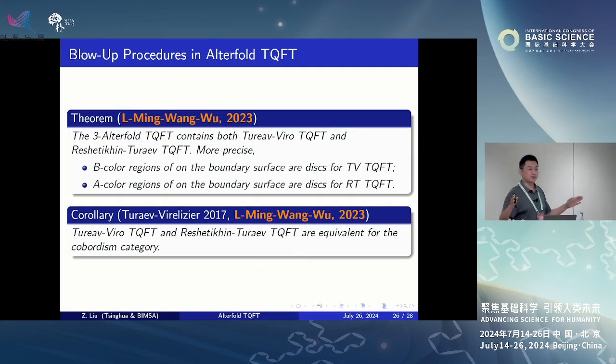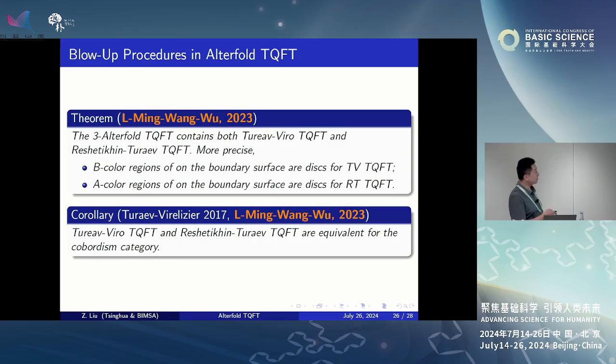For 1+2 zero, we have A color in the background. And the skeleton of the triangulation will be blown up. And inside the skeleton is the B color. And that's the 1+2 vertical cavity, really similar to the tensor network. And for the Reshetikhin-Turaev 1+2, we blow up the links in the 3-manifolds, which have A color inside, B color as background. And in our theory, we have this AB color theory. So now both colors make more sense. A color corresponds to something trivial, and B color is the bulk color that gives the bulk-boundary duality.